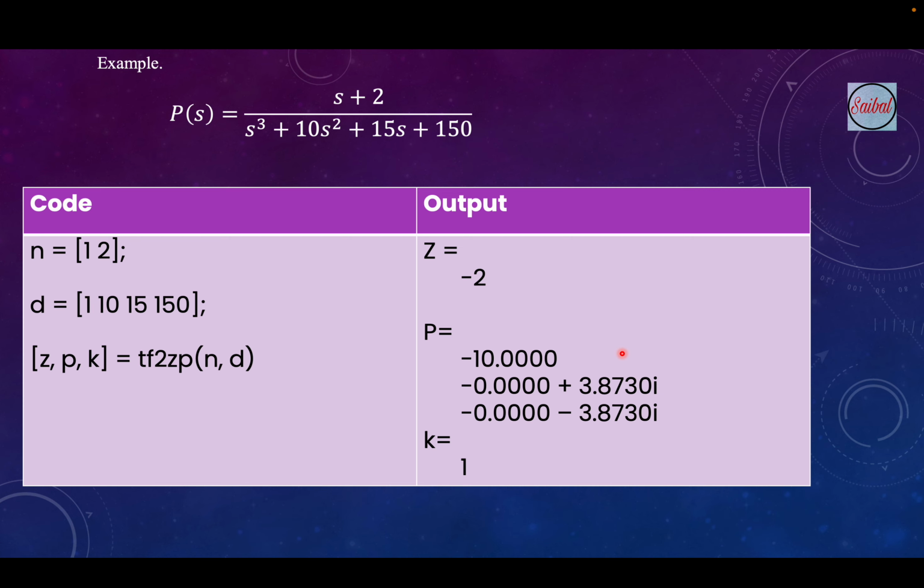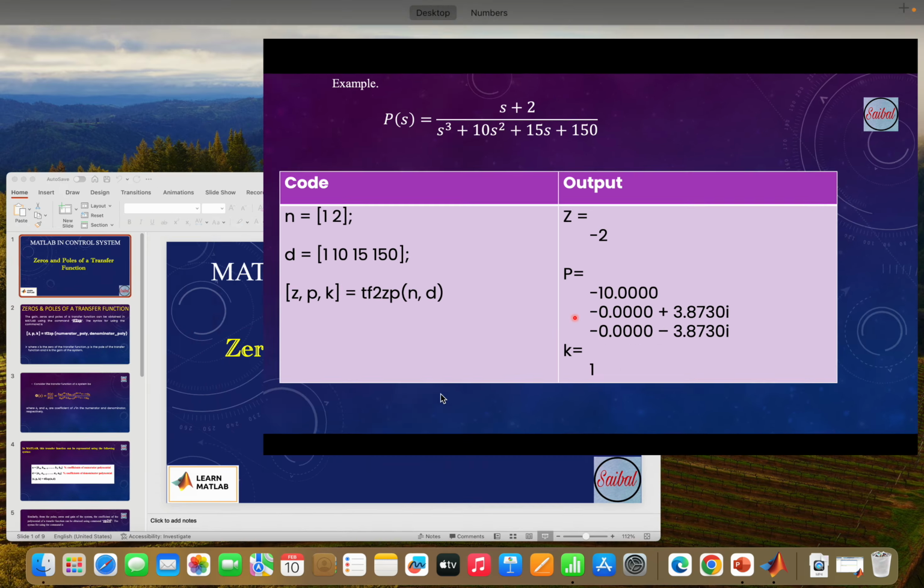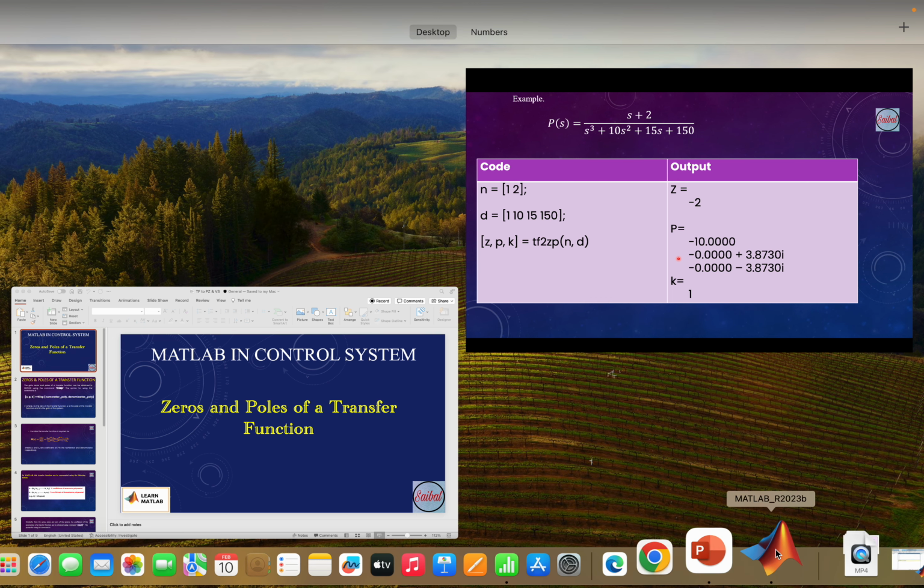Let's take one example. This is the transfer function, s plus 2 divided by s cube plus 10s square plus 15s plus 150. First of all, we have to represent the numerator coefficients, then the denominator coefficients, then apply this command and you can easily find the zeros, poles and the gain. Okay, so let's go to MATLAB and try to